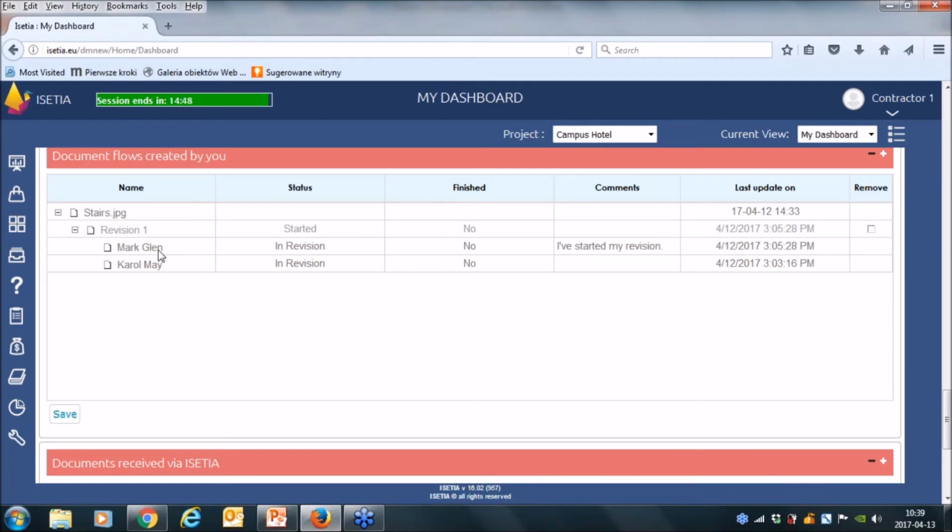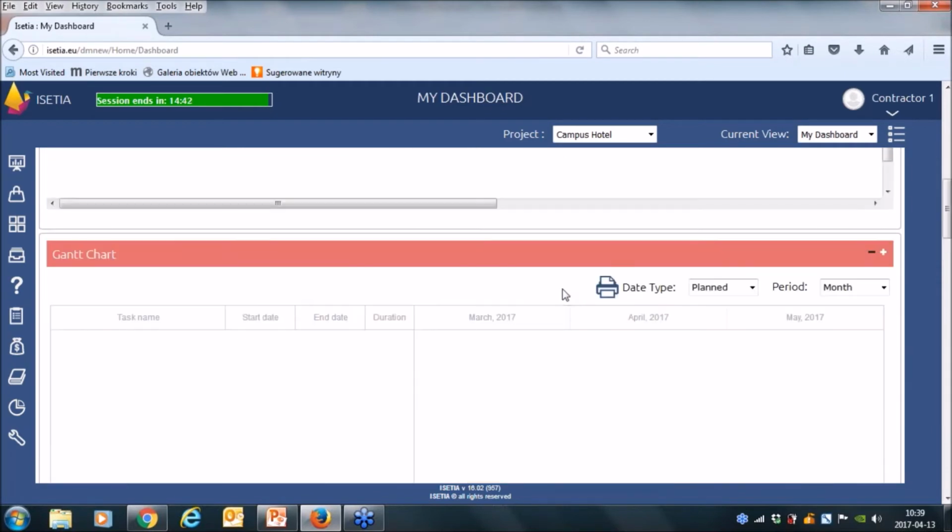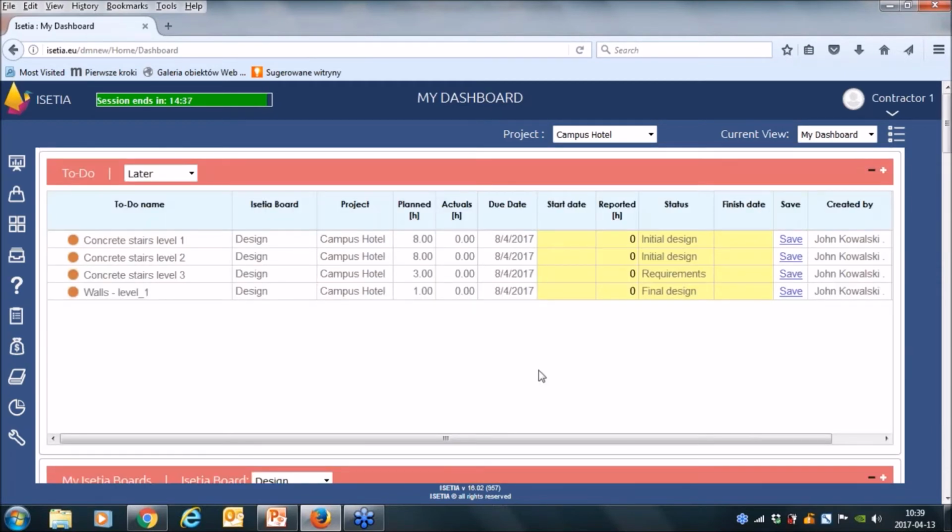So this document is now being revised by Mark Glenn, and he started his revision. So to make it short, this part of the system is the functionality of communication. Dashboards are mainly used for communication between team members and the project manager, and of course between team members themselves.